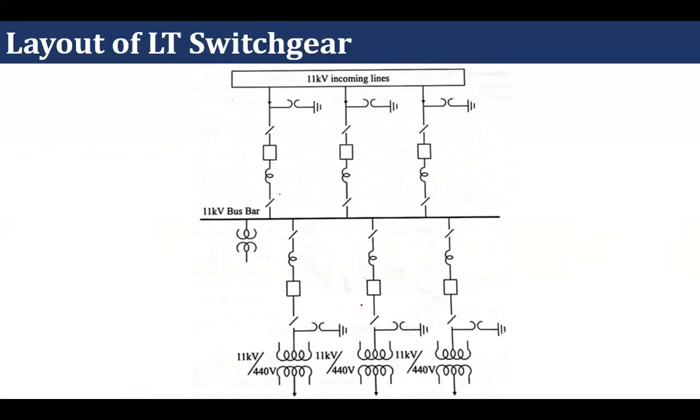So suppose it has been asked to draw the layout of LT switchgear. So you have to do like this. Here you can mention that some particular voltage level is coming, like 11 kV incoming lines at this place. Then place a lightning arrester. Then after isolator, circuit breaker, and again isolator, and then after we have a bus bar. From the bus bar, further connection will go like one connection has been done to this power transformer, and another three lines are going to this side.